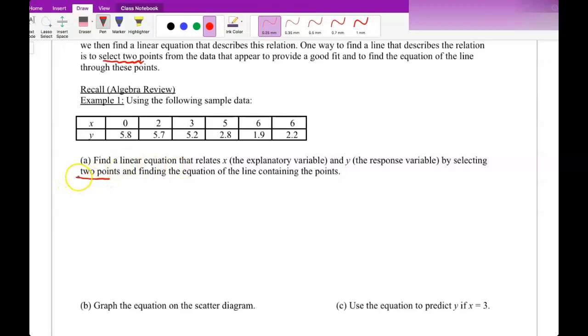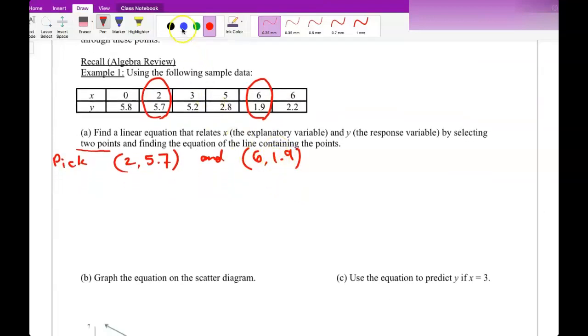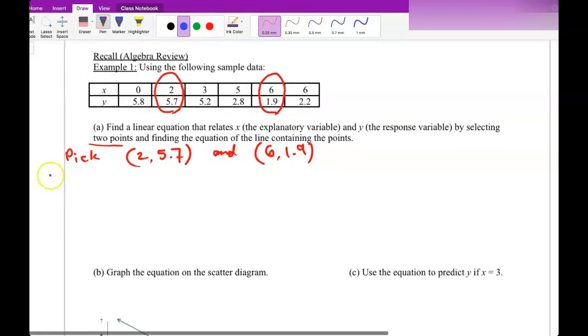I'm choosing these 2: 2, 5.7, and 6, 1.9. Then after that,